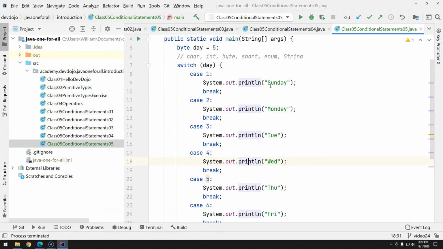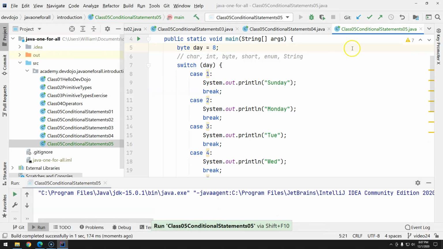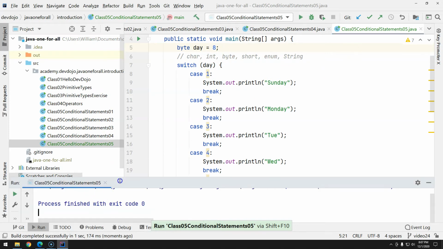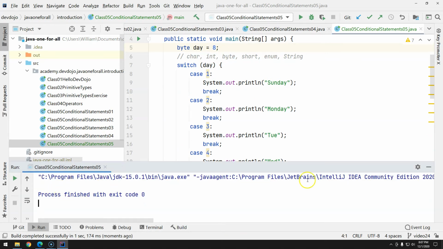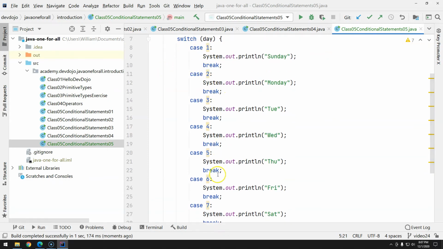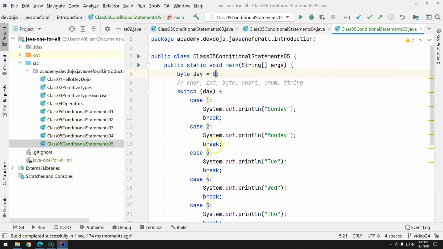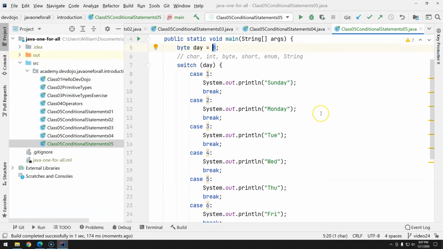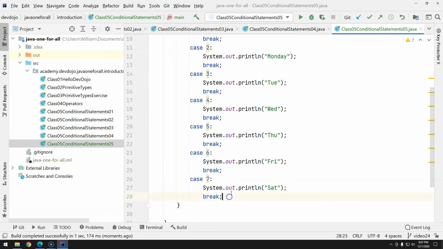Wait, but what happens if I type something else, like 8? Pretty interesting. By executing again, you can see that we do not have anything in the console. And why is that? Because all the cases, they were tried and none of them matched. What can we do? Because sometimes you would like kind of an else somewhere. And we do have that. It's called